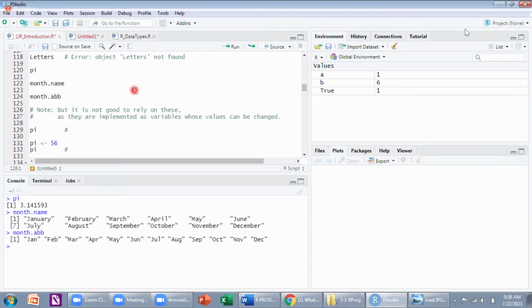These are about character constants, but a note. A suggestion is that it is not good to rely on this. One second, I got a doubt.